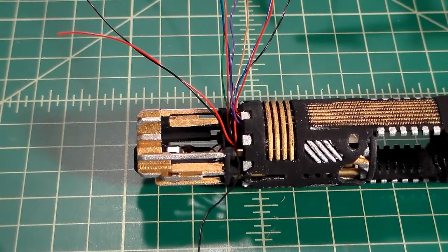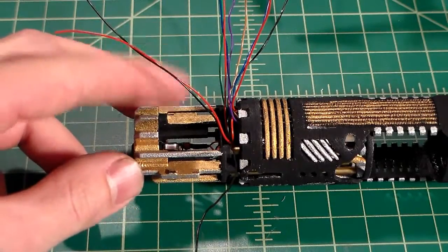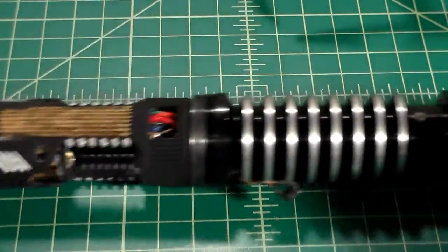Welcome back to another episode of Let's Build a Graflex. On today's episode, we're going to be focusing on the soldering of the soundboard and the overall final assembly of